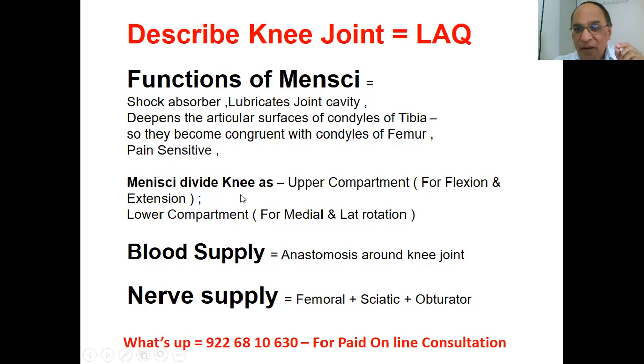Okay. Menisci divide the knee into two compartments. The upper compartment is for flexion and extension. And the lower compartment is for medial rotation and lateral rotation. Now, blood supply to the knee joint: anastomosis, a network of blood vessels around the knee joint. Nerve supply is from the femoral nerve, sciatic nerve, and obturator nerve. These three nerves carry the signals for flexion, extension, and all the movements. The neuromuscular junction is there, and through the nerve supply they make the movements through the